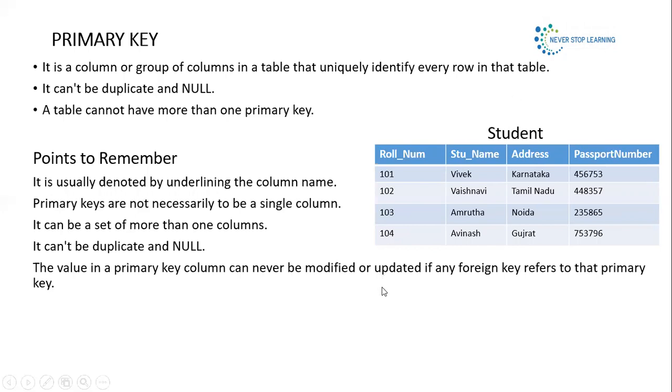Now, let us suppose in this table, who has the power to uniquely identify the table? Roll number has the power to uniquely identify the table, and passport number also has the power to uniquely identify the table. Or roll number, if I merge with passport number, they also uniquely identify the table. Roll number merged with student name can also uniquely identify the table, and many combinations, passport number with student name, like that. Fine. So whenever I'm deciding, let us suppose for this table I'm considering roll number as my primary key, that means I will denote it by underlining this roll number.